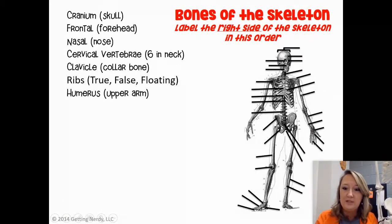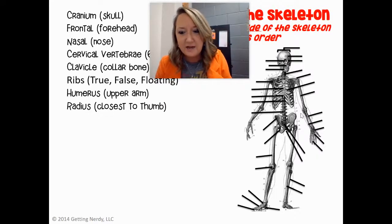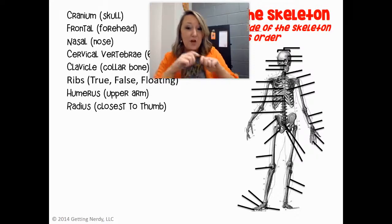Your humerus is your upper arm. Remember, that's one of the ones I was talking about where your blood cells are made. Those are mostly in your long bones, and your humerus is one of your long bones in your body. All right, so your radius, if you look over here at the diagram, is the bone that moves around the ulna,